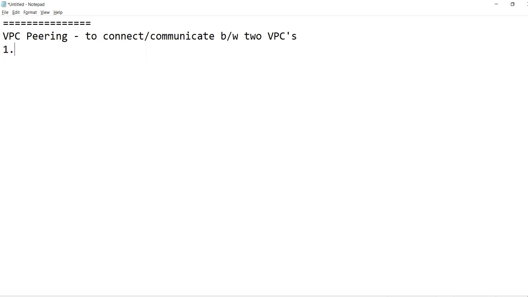The first scenario is between two VPCs within the region. The second one is between two VPCs across the region.